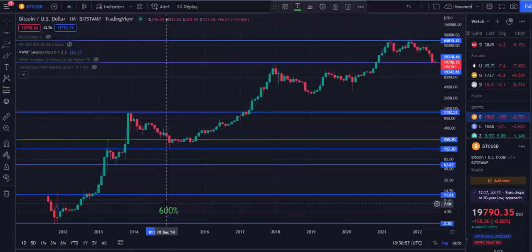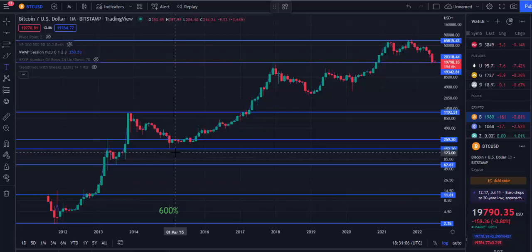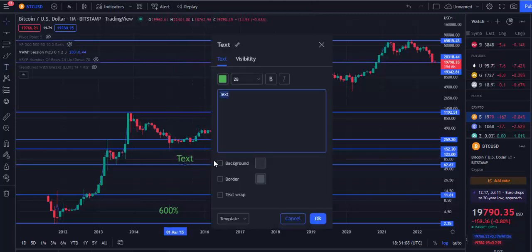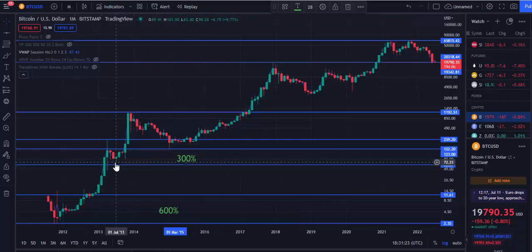Let us just write it here. I'm going to try to be fast. This other one is 300% plus. On this, we have 300% within 7 months. The all-time low was 60, while the all-time high was